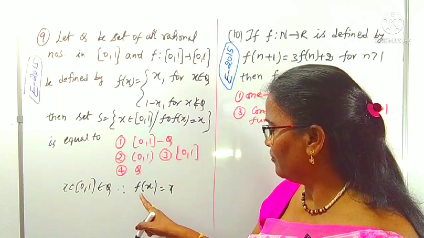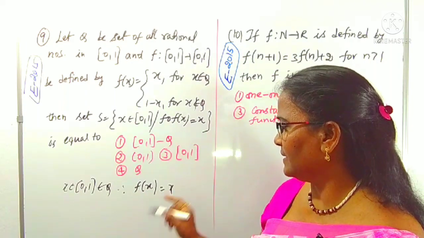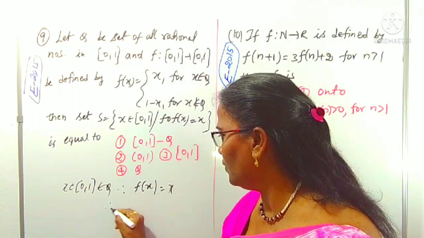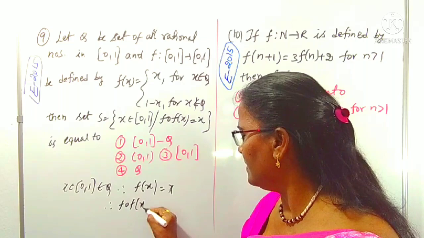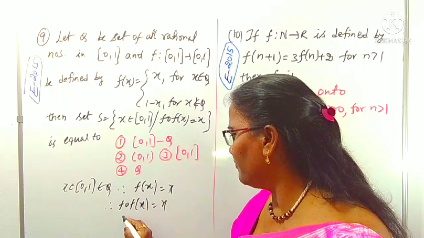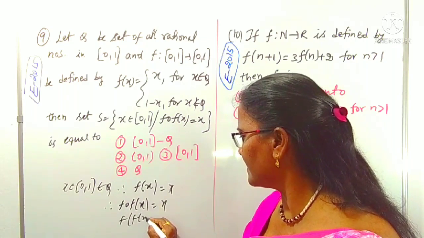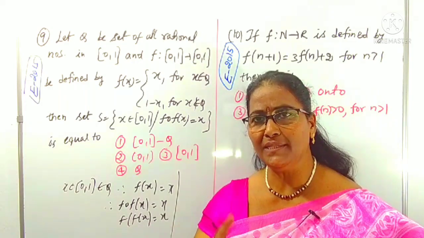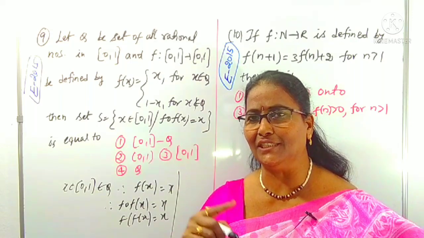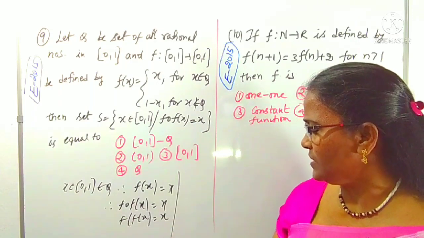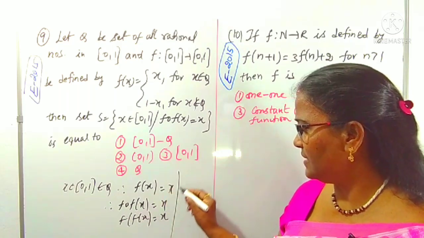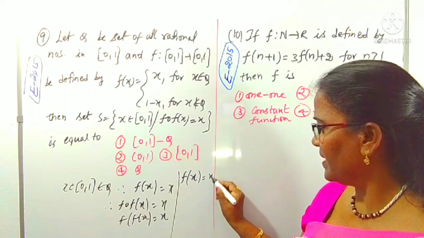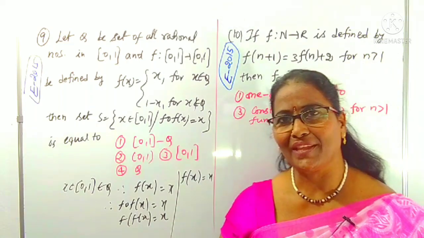Right. f of x is equal to x. Now what is the definition here? Therefore, f circle f of x is given. f circle f of x means f of x is x, right? I discussed this in part 1, composite functions, that is f circle g circle f. You can watch that video. What is f of x? x. Now f of x, we can write x is equal to x.